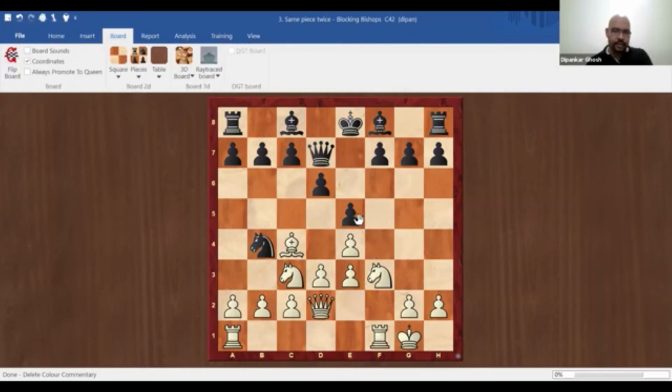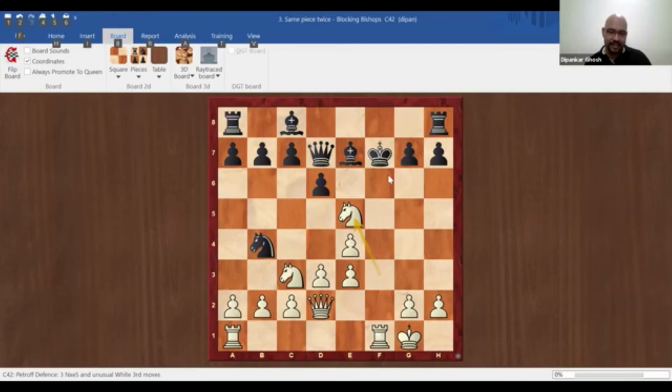So now black continues. Black says, okay, it's time to castle. Now there is in fact a winning move for white. White comes up with the brilliant move. Bishop takes f7, check. Now what's so great about it? After black captures, he has knight takes e5, check, and now see what kind of havoc white's active pieces are wreaking on black's position.